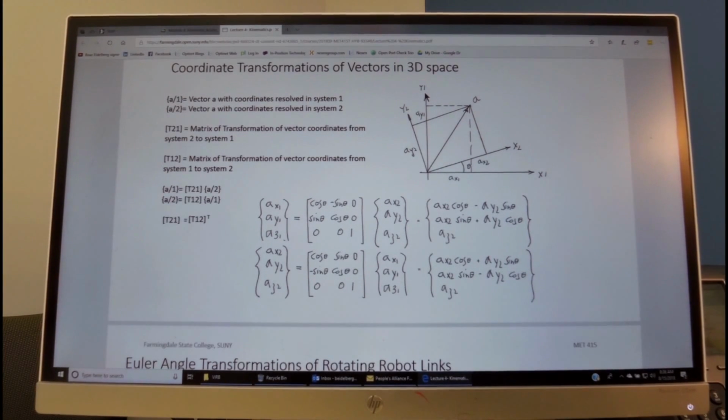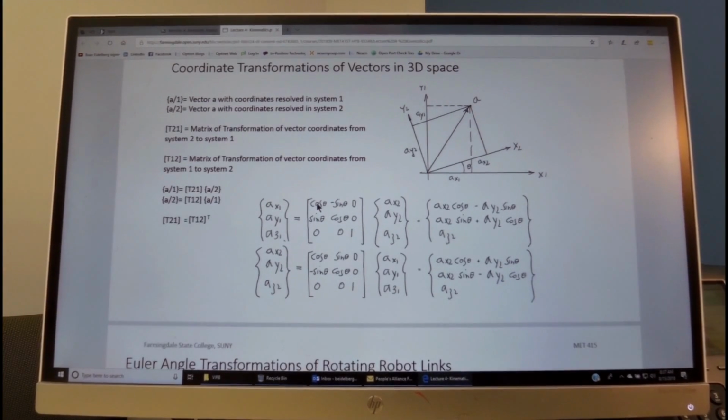And in order to do that, we have to develop the matrix of transformation. There are many ways to develop that. I like to memorize that such that if you are transforming from a rotating coordinate system to a fixed coordinate system, or it could be from one coordinate system which is rotating to another coordinate system, but the second coordinate system is rotated an angle theta, then the transformation matrix is